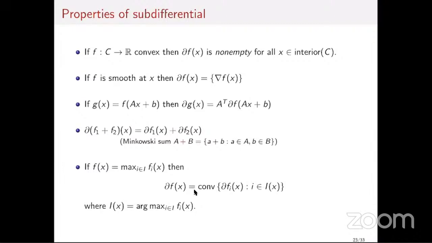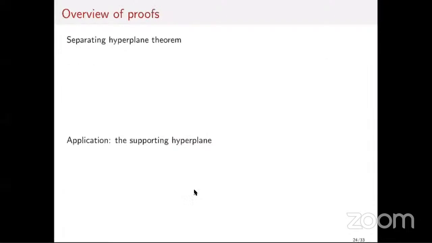Okay, so I will go again over these. I will try to explain what is involved in the proof of this. Especially, I want to talk a little bit about the first point. Why is it that I can always find a subgradient? Because this is related to something very basic about convex sets. And this is something called the separating hyperplane theorem.